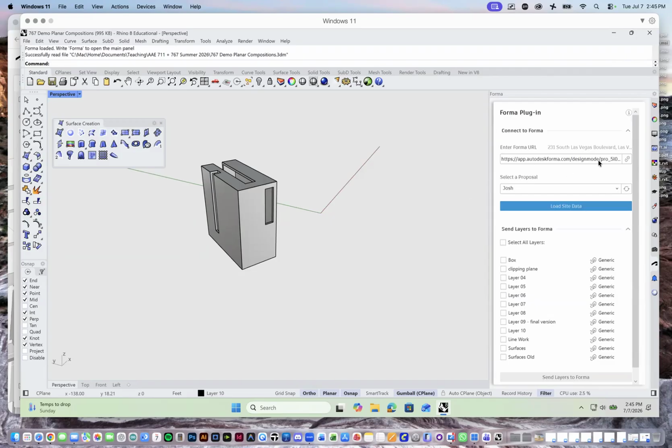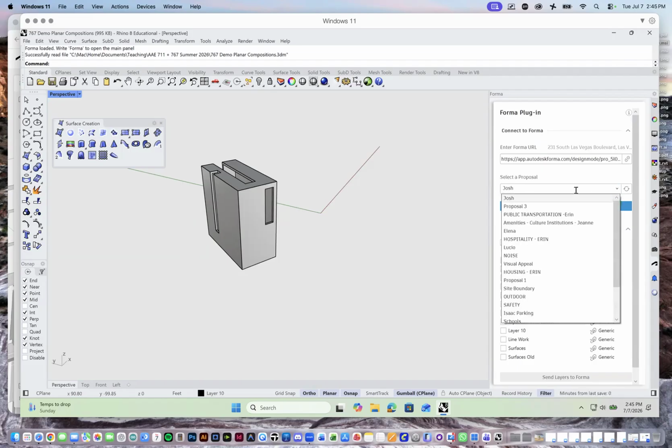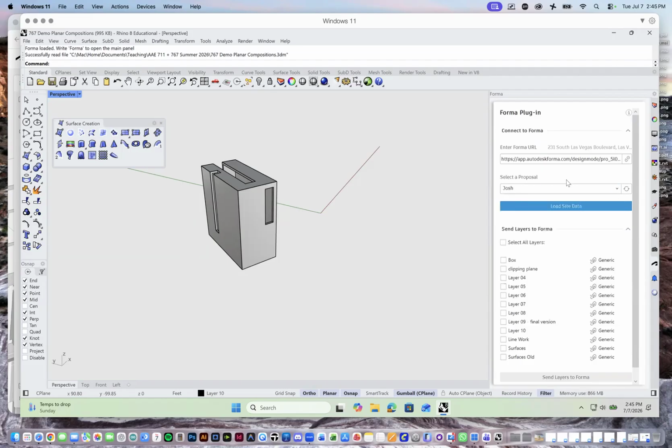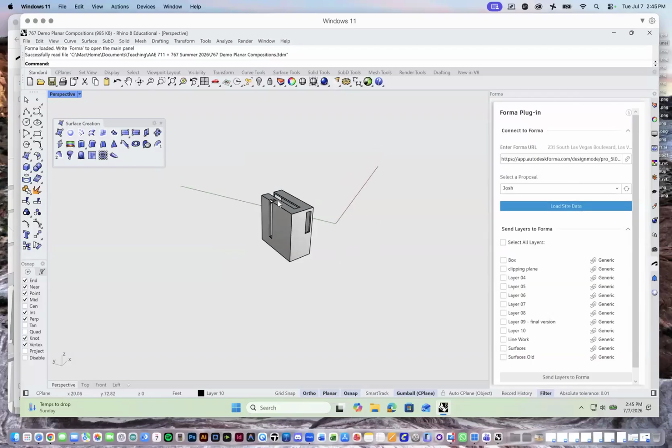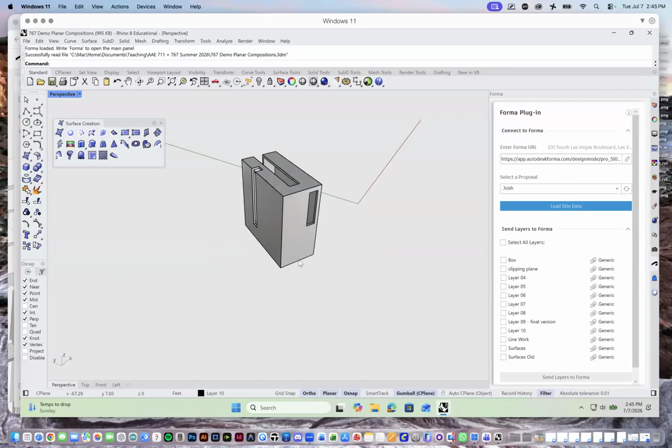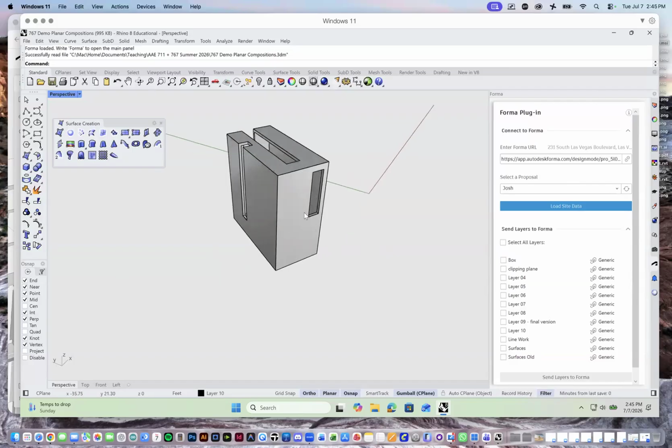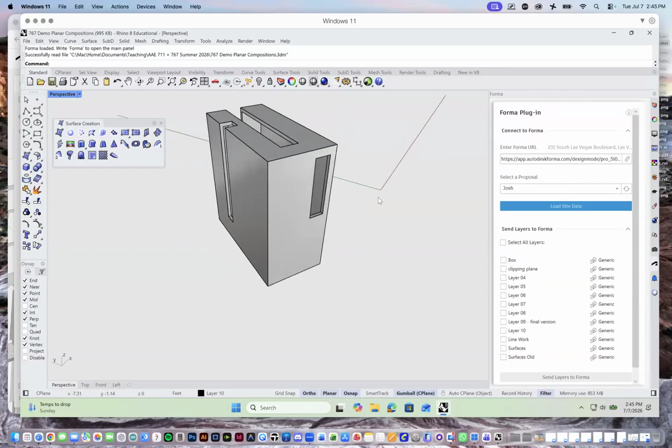Enter Forma URL, and of course it's attached to our site, our project, and then I'm exchanging information back and forth between the proposal. I loaded the site data before, so I don't really need to load it again. I've already moved my vessel into place, so I know it'll line up exactly with the site the way I want it to. A couple of things I did,